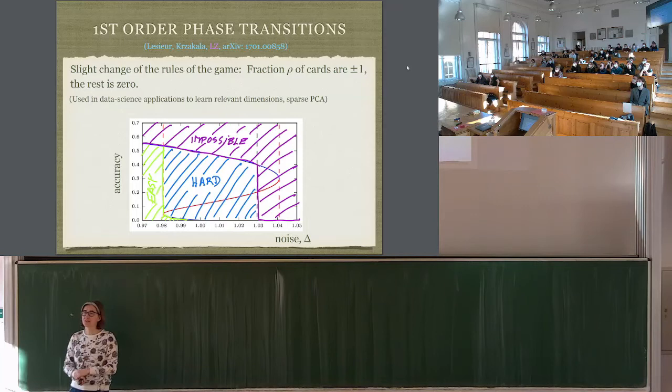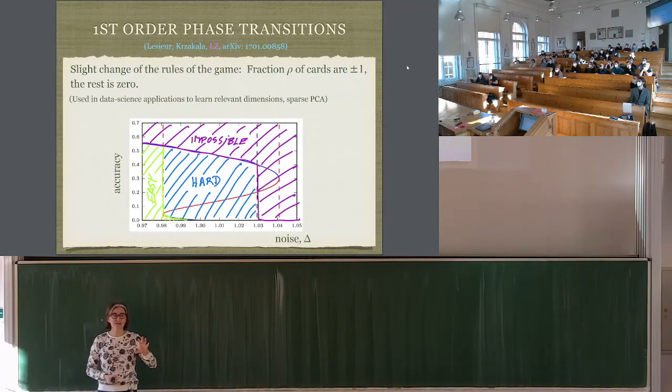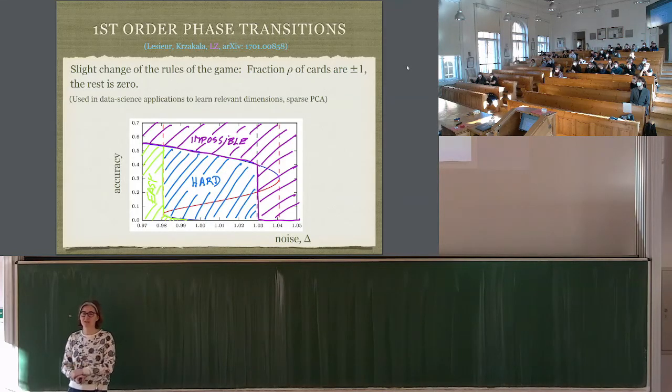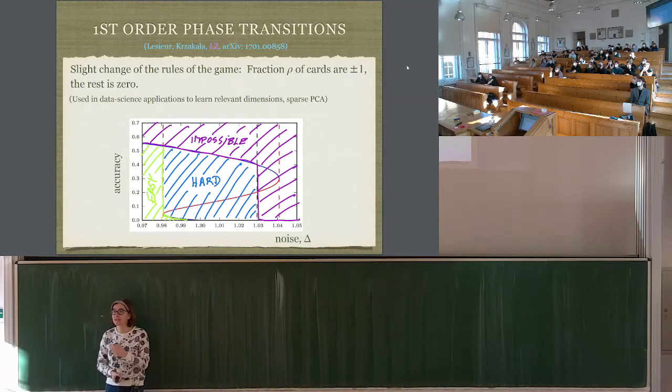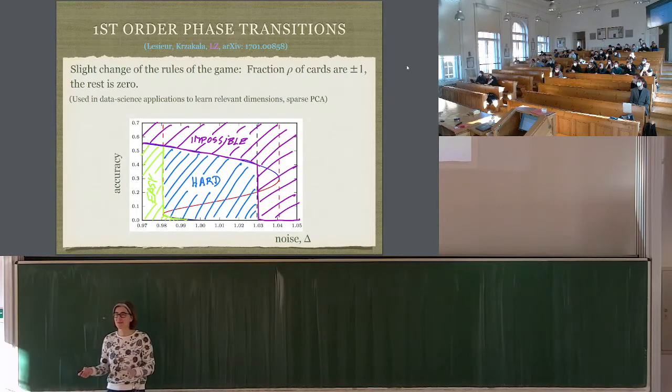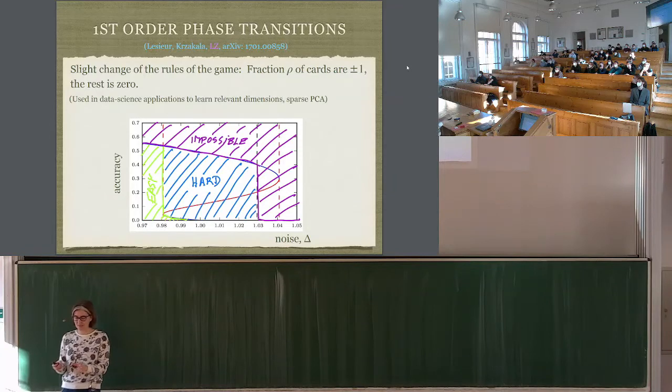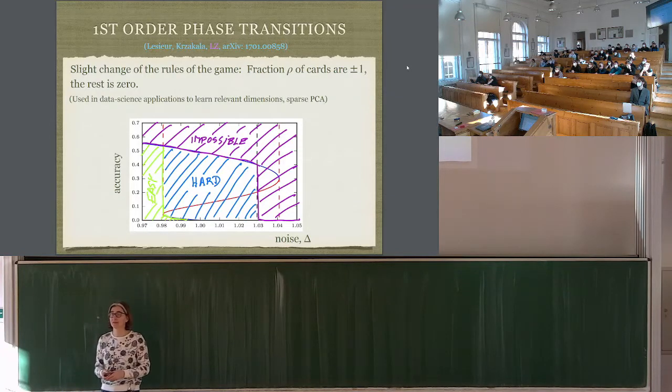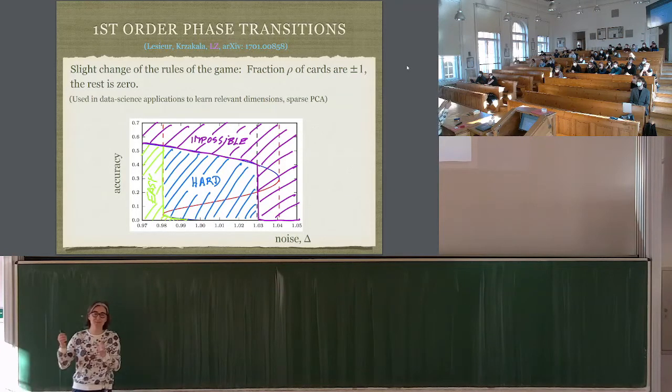And this middle region in blue, hard, is where if we were running exponentially long algorithms, we would do well, but with efficient algorithms, we don't know how to do it. And this is a standing conjecture in computer science that no polynomial algorithm can do well in this blue region. And that's a big mystery. Many people are thinking about how to say something more precise about it. It's very difficult. But the prediction that it comes this way, and what exactly is the boundary of that region,